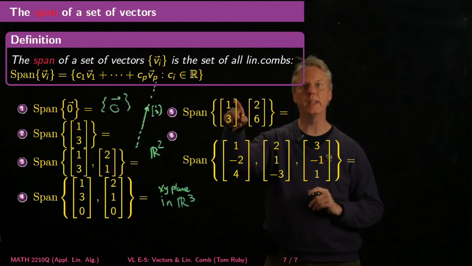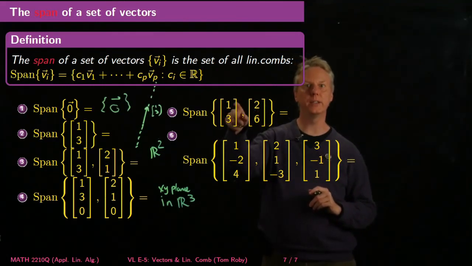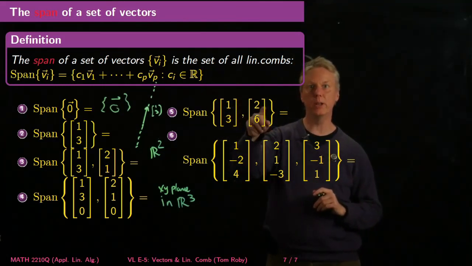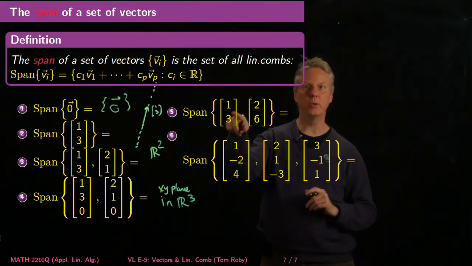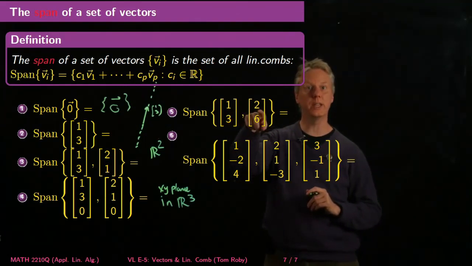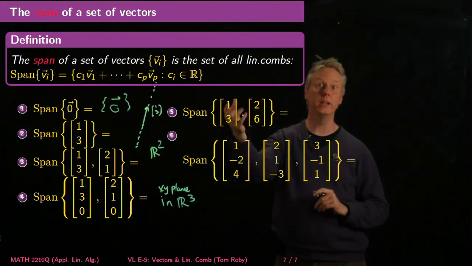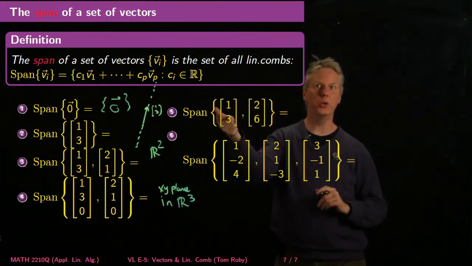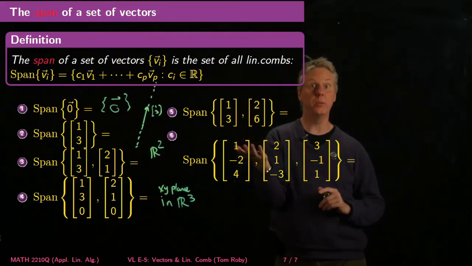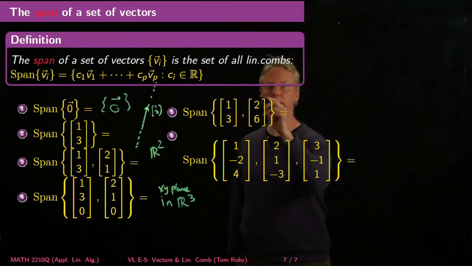Now over here, if I take the span of (1, 3) and (2, 6), I have two vectors, so you might say, well, I should get R2. But be careful, right? Because with (1, 3) and (2, 6), one is a scalar multiple of the other. So the fact that I have (2, 6) is twice (1, 3). That means that if I add any multiple of (1, 3) to any multiple of (2, 6), I still get a multiple of (1, 3) itself, right? Because